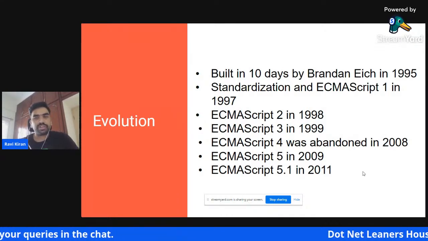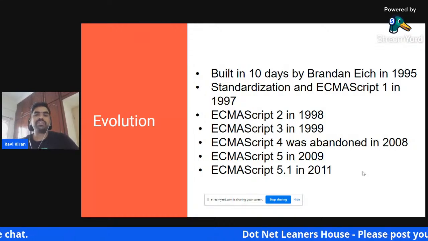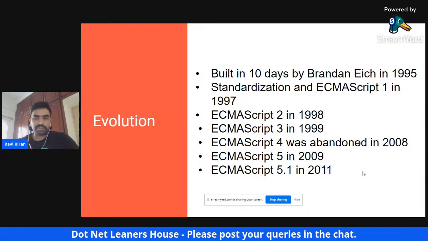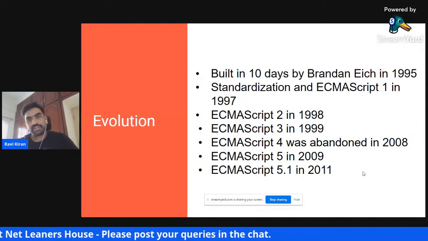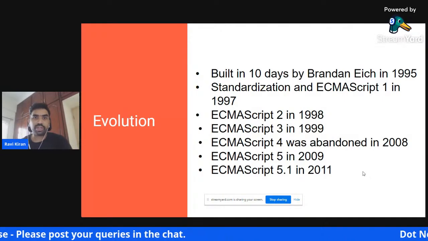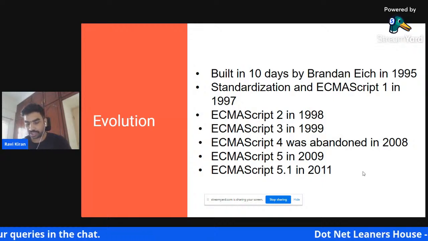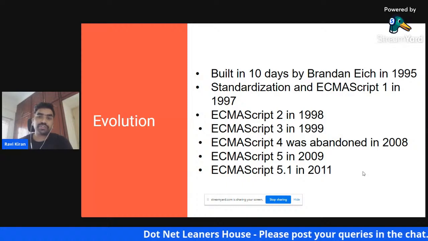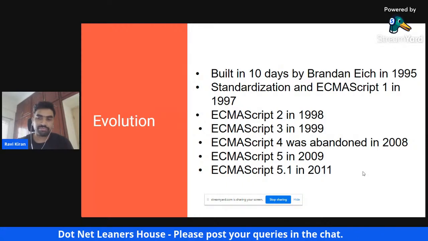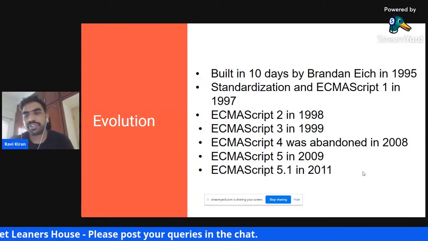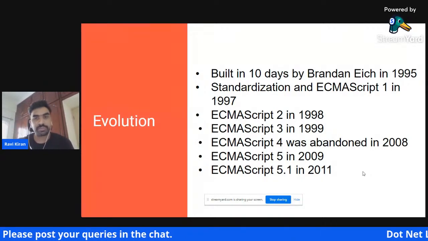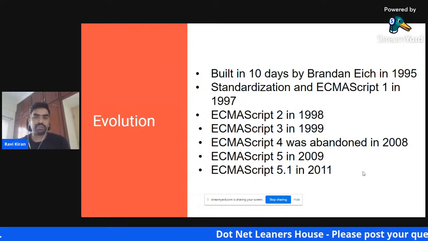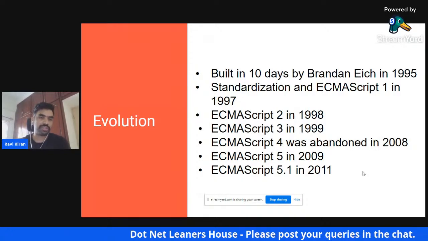It was not meant for bigger usage, but as libraries like jQuery came in, and then Knockout.js came in, and front-end frameworks like Angular, Backbone, and all of them started coming in, and Node.js came in as the backend framework, the usage of JavaScript was just booming up. People were using it more and more for high scale and enterprise applications because of the wide amount of use cases they saw with JavaScript, right?